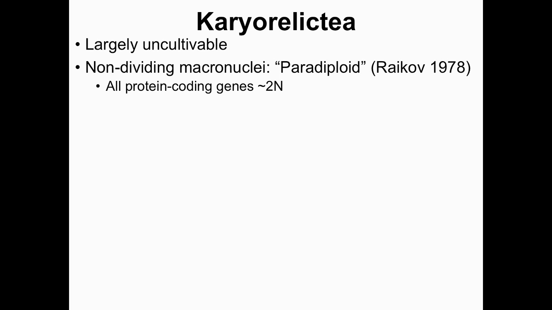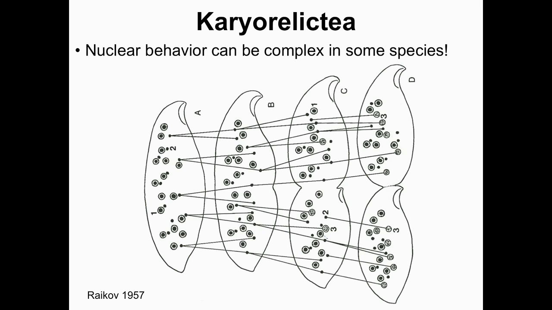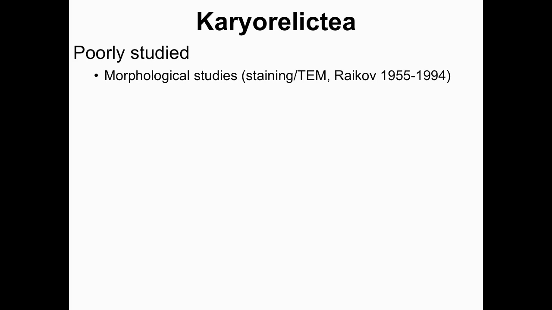And the division figure I just showed is a really simple example. And sometimes in some species, the nuclear behavior can be really complex like this. They will just go crazy. So from here we can see that karyorelictids are really interesting, but unfortunately they're poorly studied, and especially on the